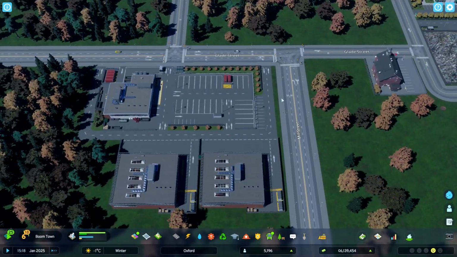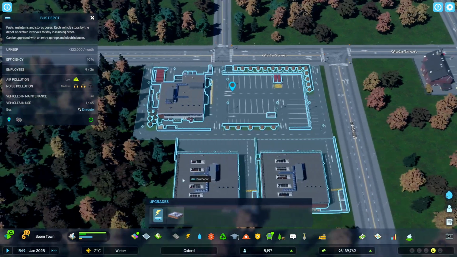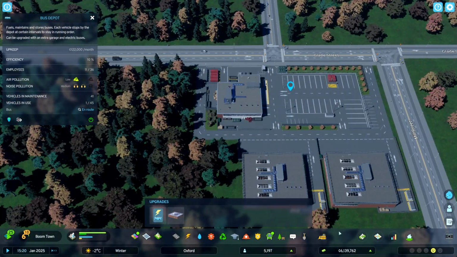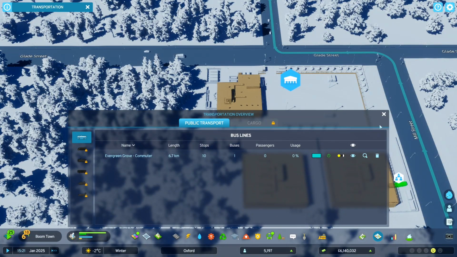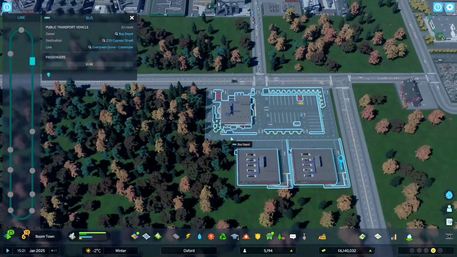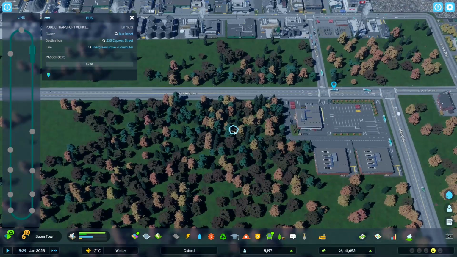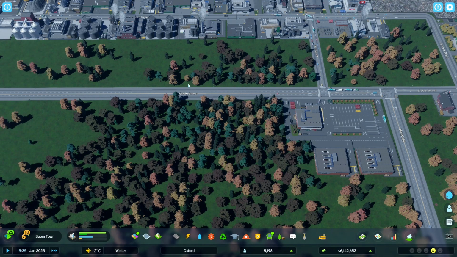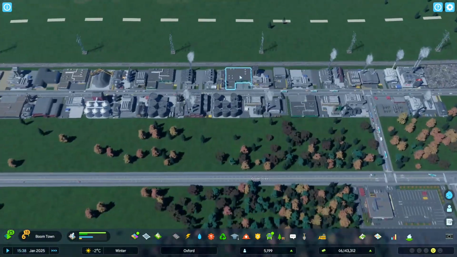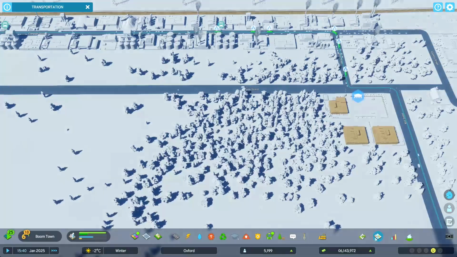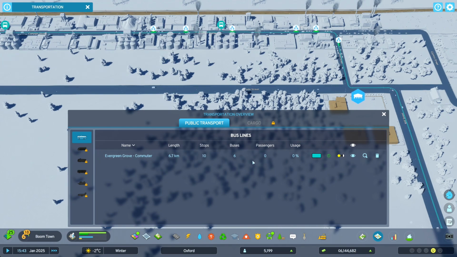It may take a little bit for them to wake up and realise they've got a whole new route to run. So you can see the employees tick up a little bit there. Oh, there we go. First bus is coming out. And there'll be a lot of buses now spawn, all trying to get into the right rhythm of going around the bus line. So it might take a little bit for them to kind of spread out optimally. So you can see you've got 6 buses at the minute over the 10 stops.